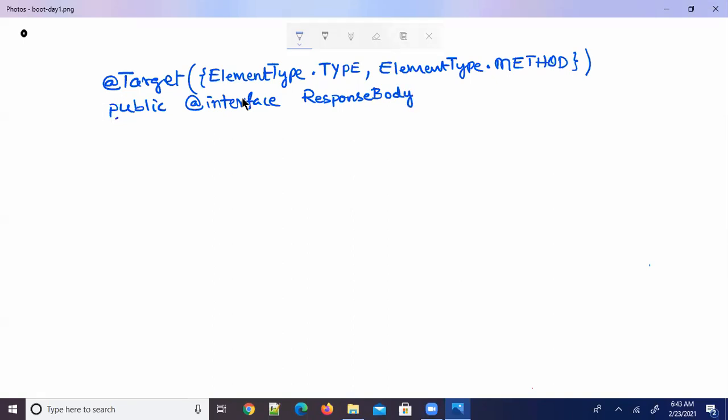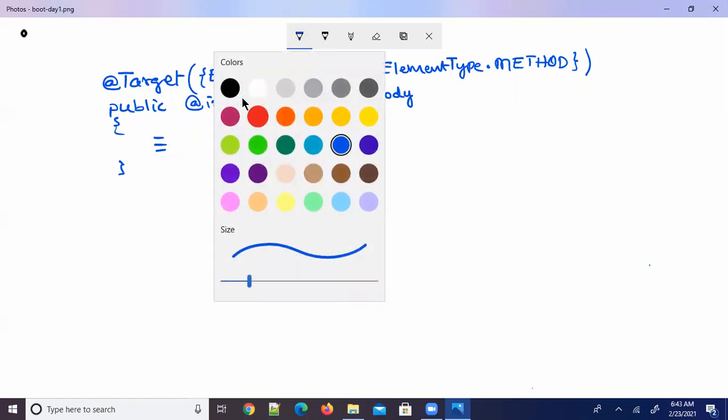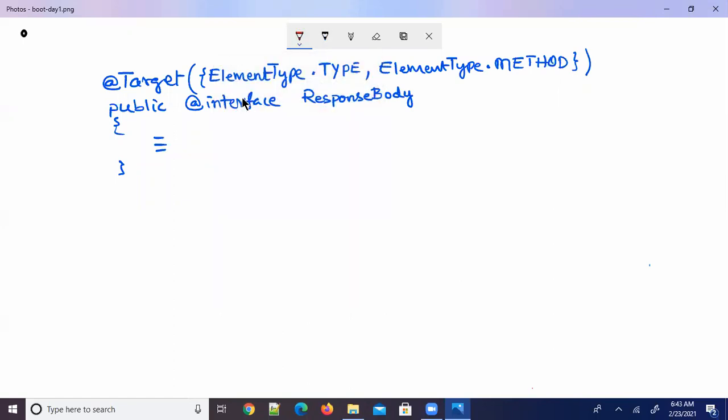Assume that it has some attributes. Annotations are going to be defined with attributes. Leave it. So if you look at this now, here I am creating one annotation, right? My annotation name is ResponseBody, so it can be used as @ResponseBody in the code. I have created this annotation.